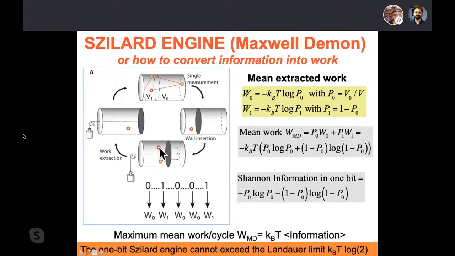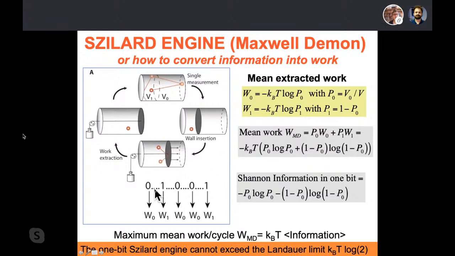And you can do that reversibly, and therefore by making these observations, you could lift a weight and therefore extract heat from the environment. So this is in contact with a thermal bath. Energy is conserved, some heat enters into the system and lifts up the weight. Once you have ended, you start the game again, you see where your molecule is, and now if your molecule is in V0, then you do the same wall insertion, but you apply the pulling mechanism the other way, and heat is converted into work.